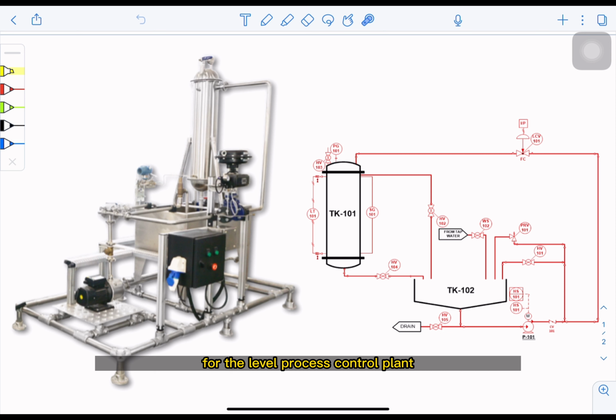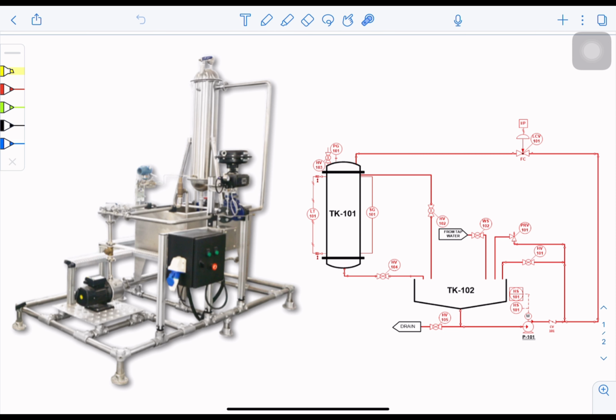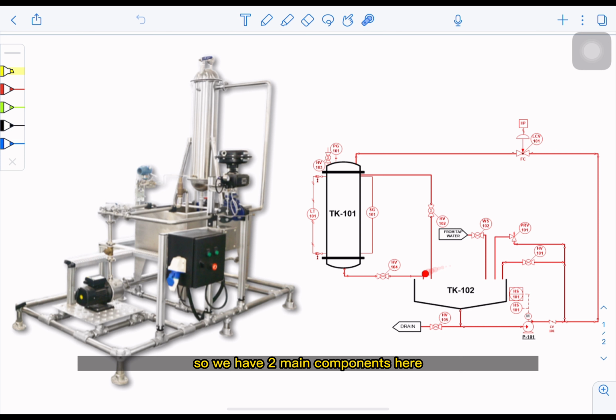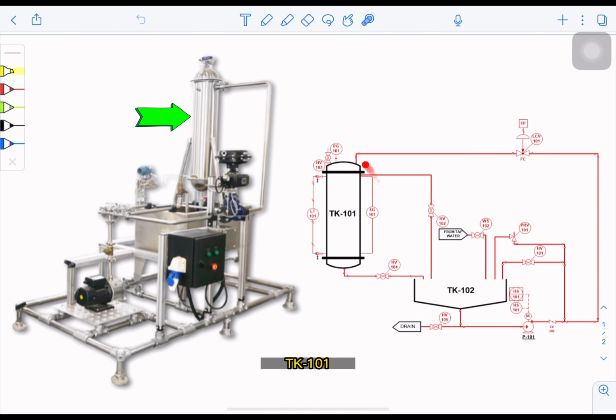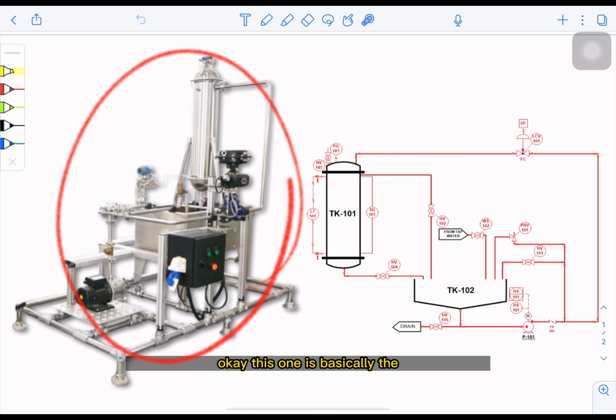process control plant. So if we can trace the P&ID, first we have to trace the components. So we have two main components here, which is two tanks actually. TK101. This one is the TK101. Okay. This one is basically the